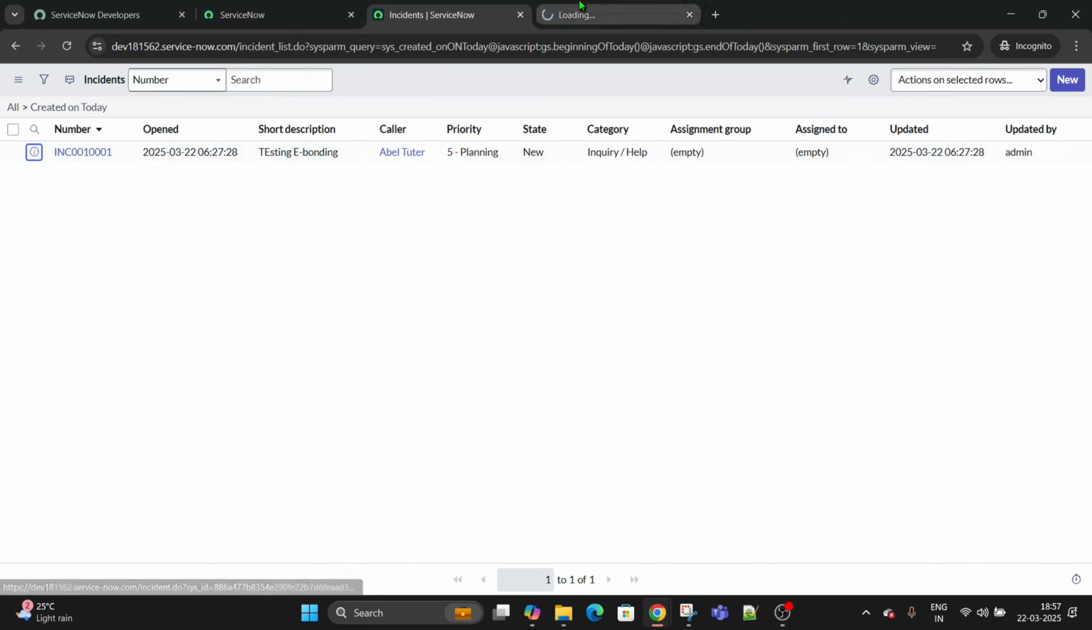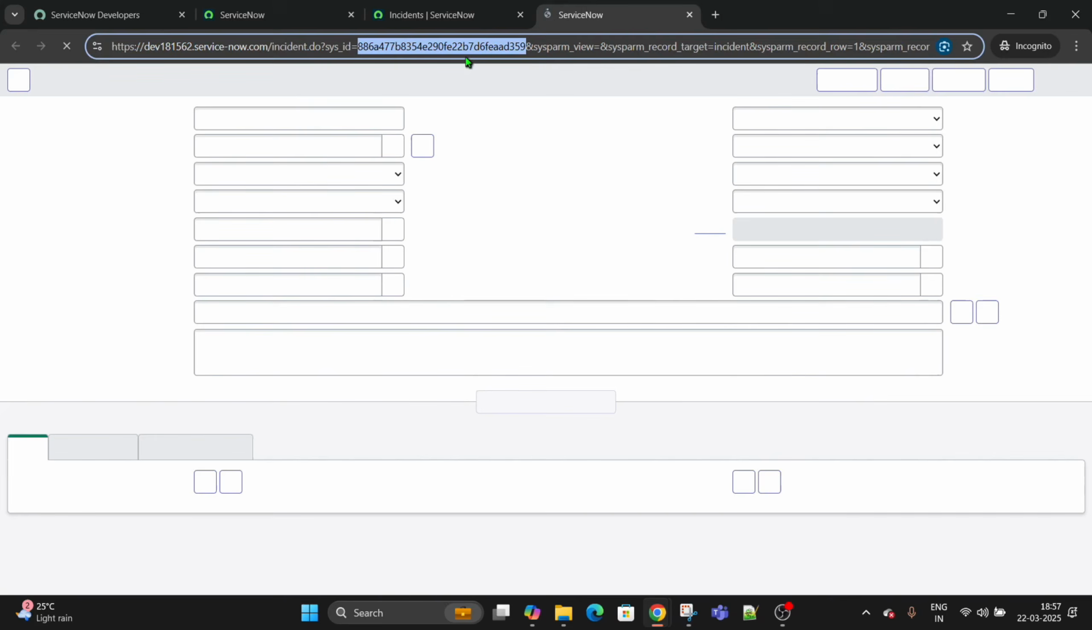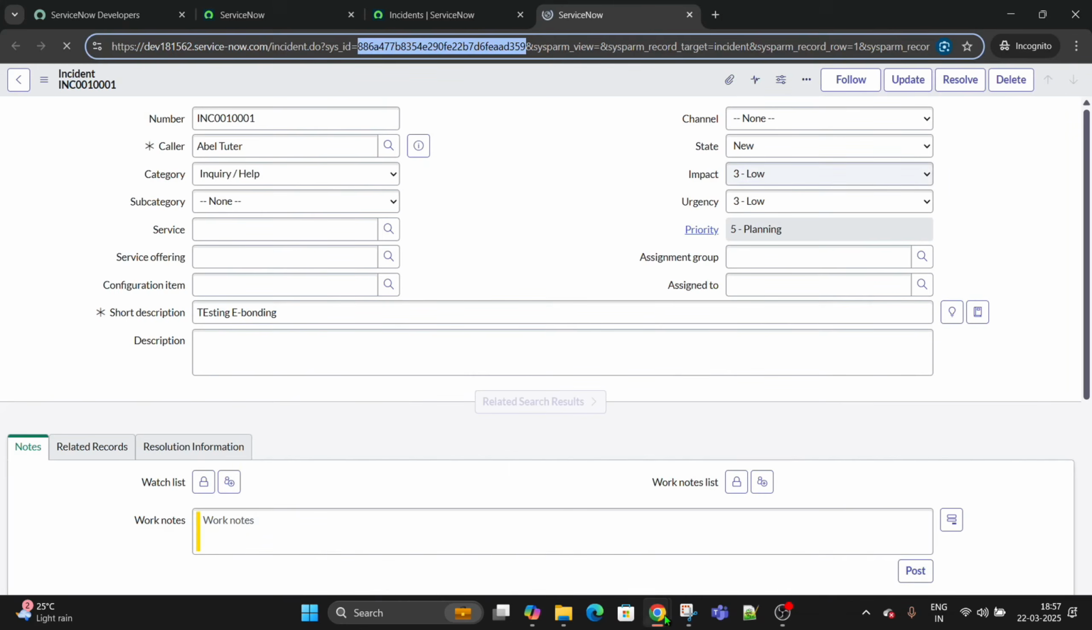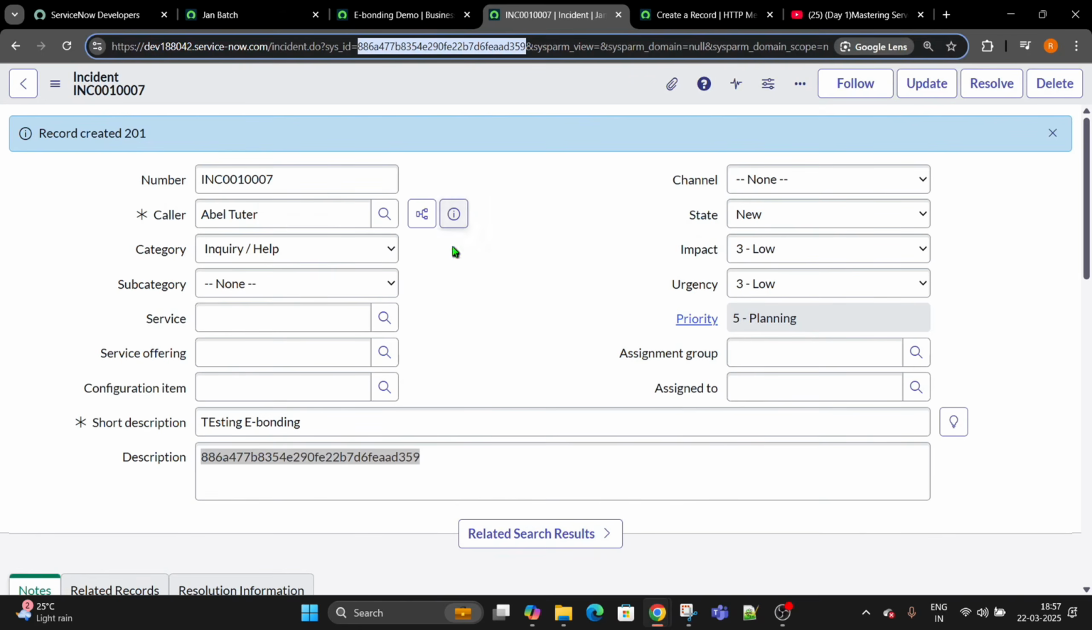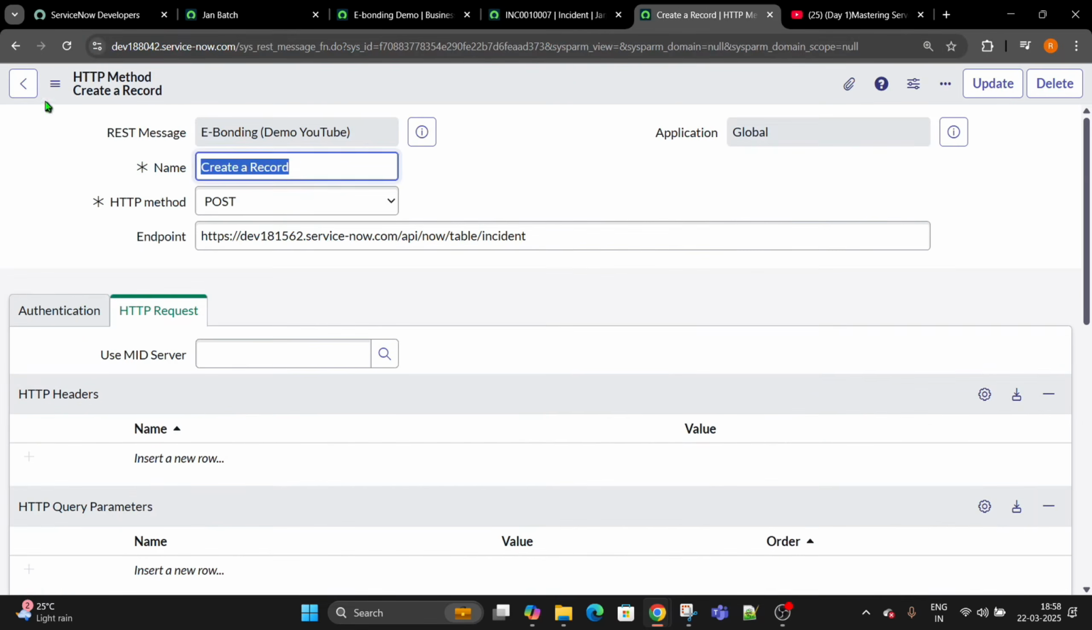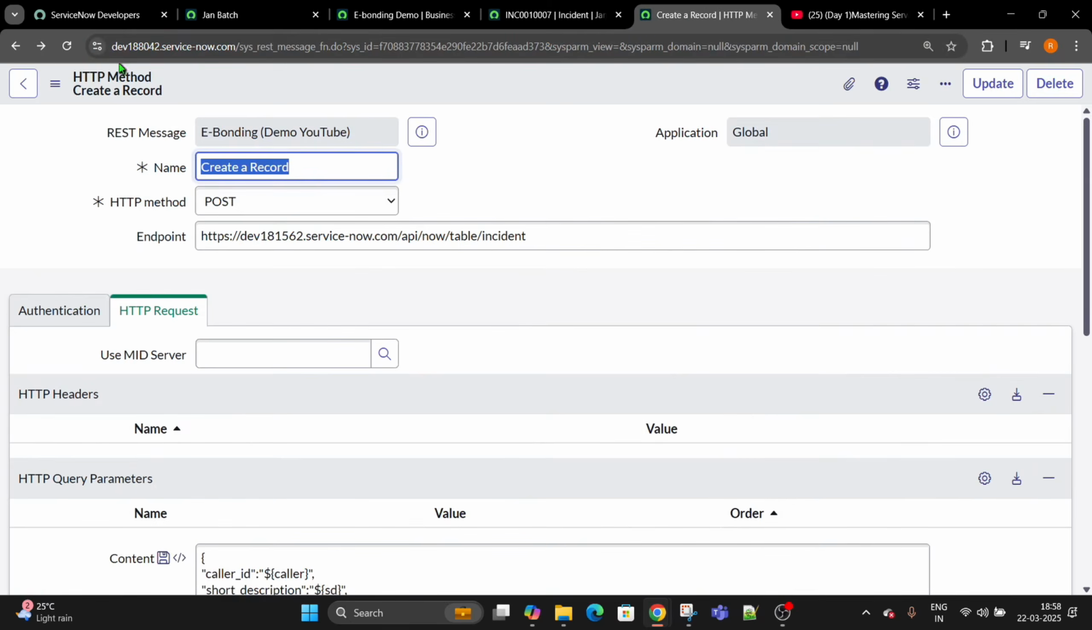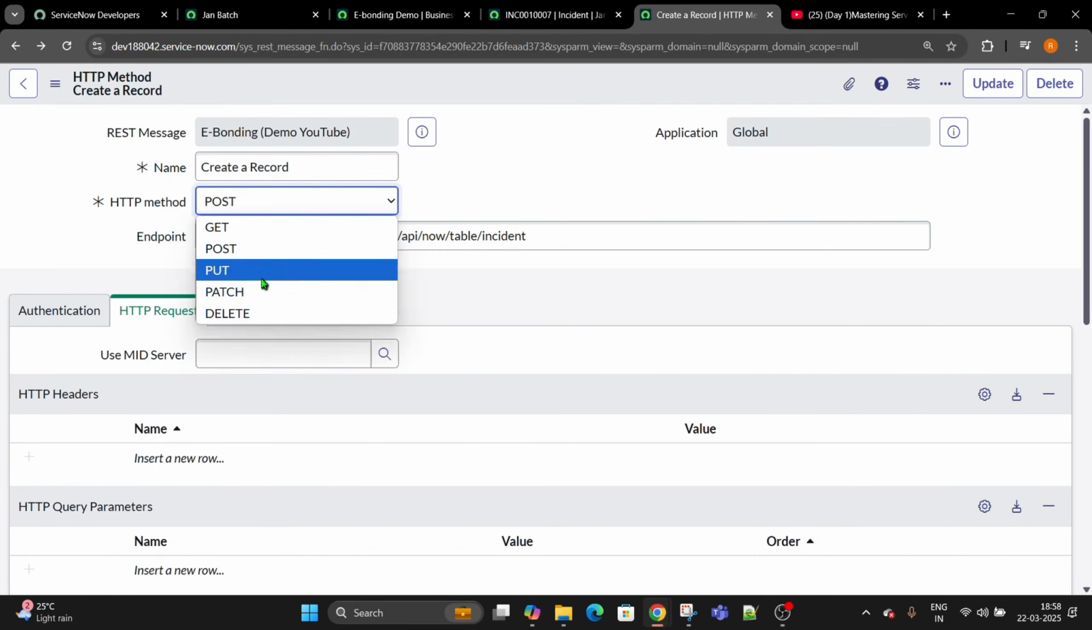Open this record and now see the sysid. Sysid starts with 8868. So the sysid is this one. I'll copy the sysid and check whether we have the same sysid or not. Yes, guys, we have the same sysid. You can match this sysid with this sysid. Exactly the same. So in case of patch or put, we have to make sure that the sysid is common. Now let me go back to the REST message, and this time I am going to use patch,